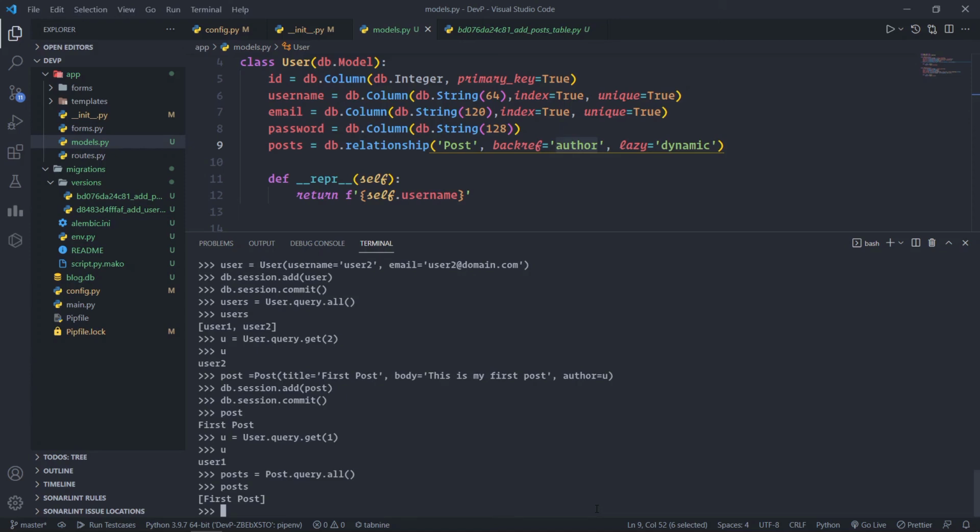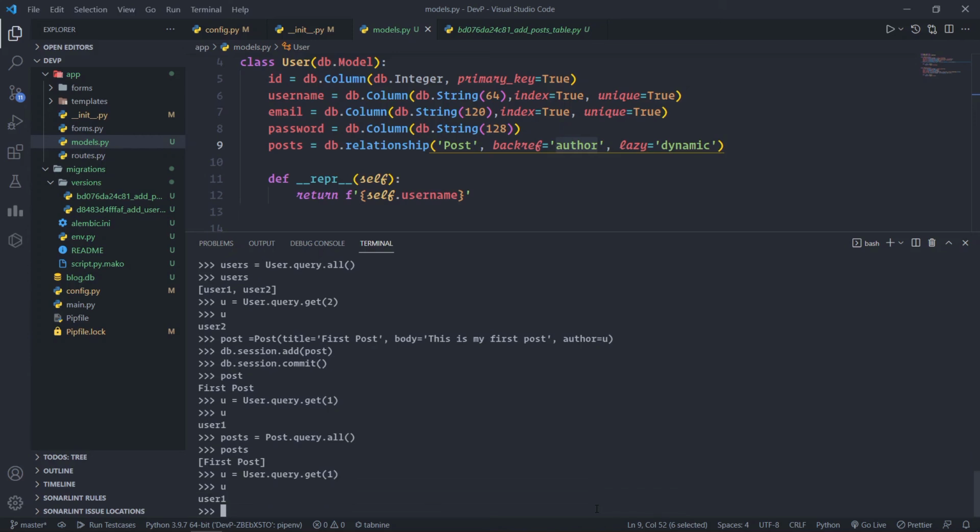Cool. Now let's say we want to get all the posts written by a user. So let's say u is equal to User.query.get(1).